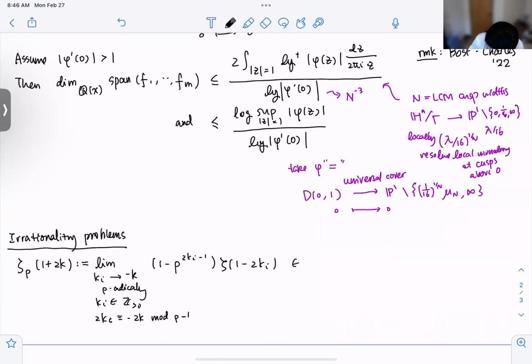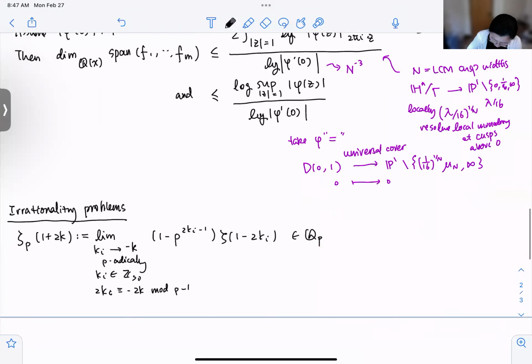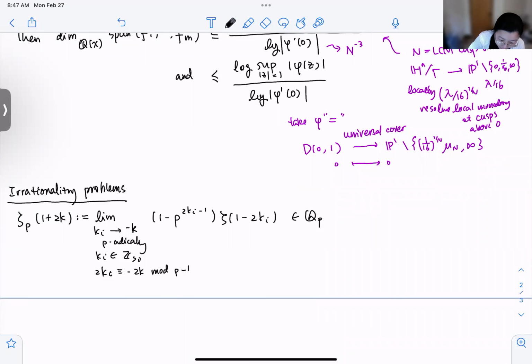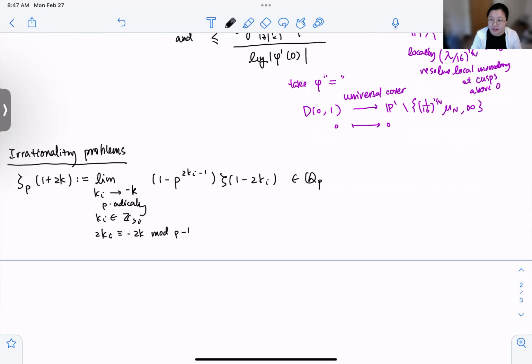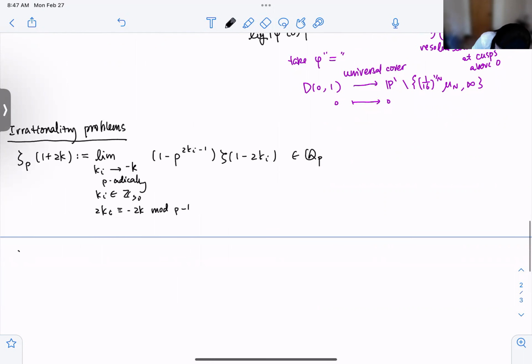And this is taking the limit inside Q_p. Okay, but what we are actually going to use is the constant which shows up in certain p-adic Eisenstein series. And what was known before, I'll just mention one work. There are many works on multiple p-adic zeta values and linear expansions from them, but I'll focus just on the most relevant previous work,